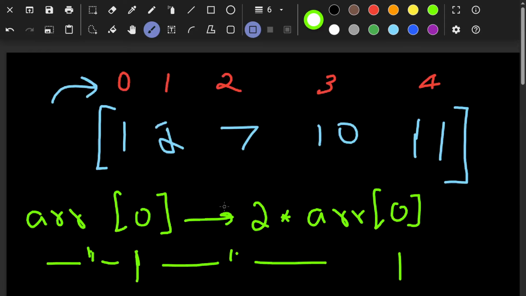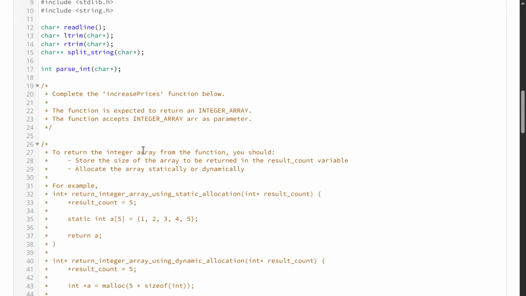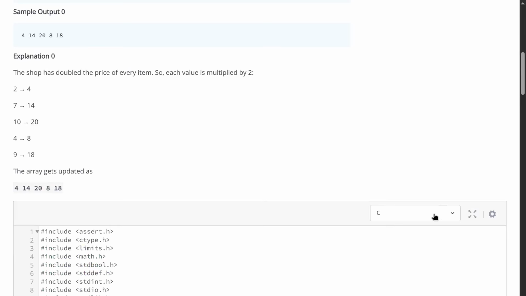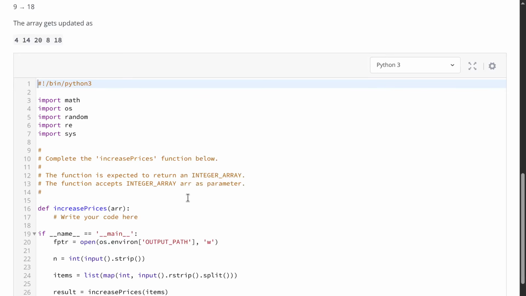Now this problem isn't really hard, but you have to be familiar with the syntax. And the best way to get familiar with the syntax is through writing code. Now I'll just use Python because that's the simplest to understand the logic. But you can write it in your language of choice. And if you have any trouble with the syntax, feel free to Google or use any other resources after the contest is over. So what you have to do is, for every element in this array, you have to double